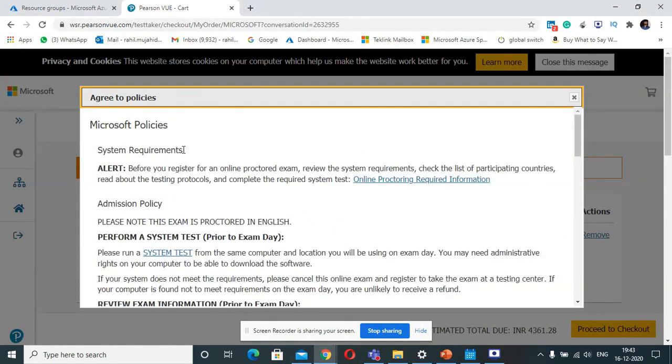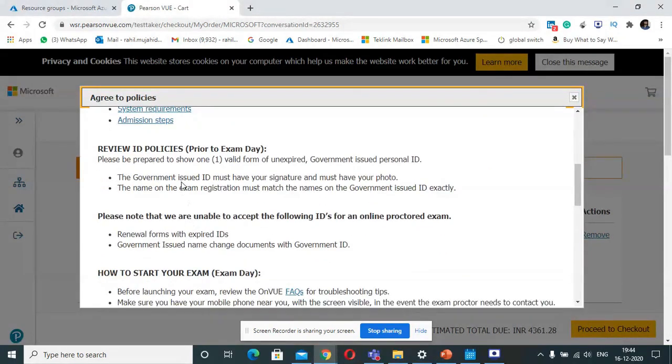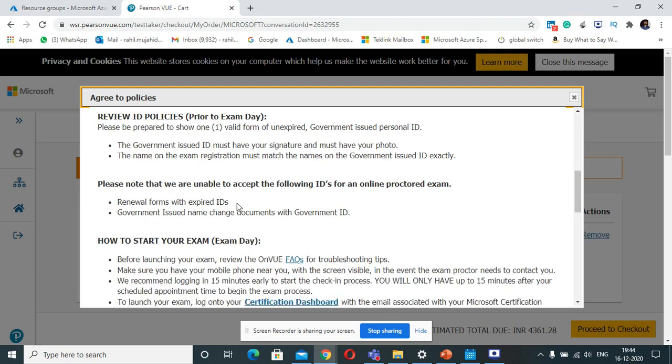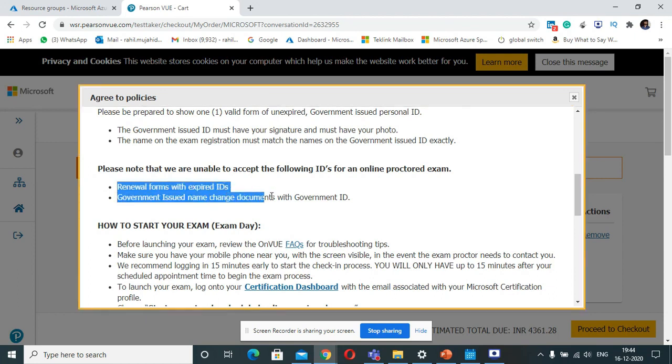so we have some Microsoft policies, right? As I just mentioned, we have some system requirements and admission policies, right? I will cover these policies in a separate video, but yes, in your room there should not be any whiteboard, there should not be any screen, right? There should not be anything else except you, your laptop, and at most a simple coffee cup without any label, right? This you can keep. Everything else should be out, right? So